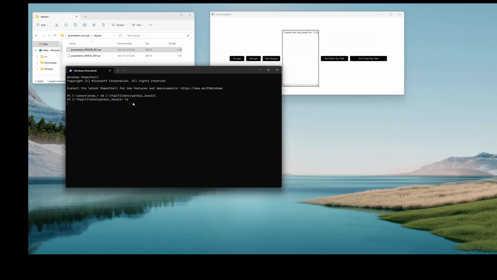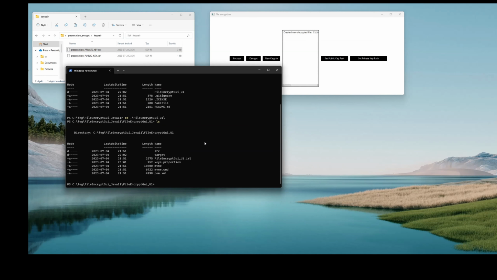So if we look at this here, and then we have a keystore properties file. If you use the jar version, you will only have the jar file, and you will still have the keystore properties, but not all the Maven stuff. But if we type out this file,